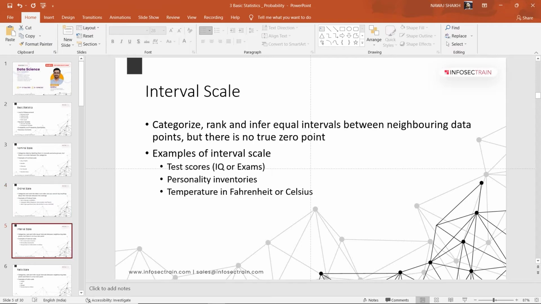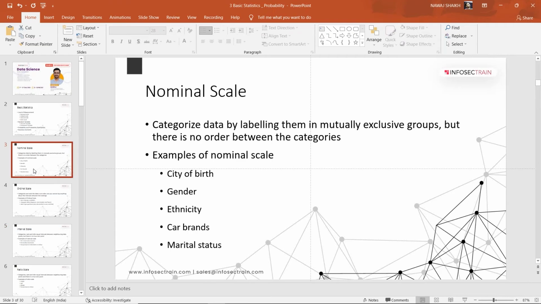Now the interval scale. In the interval scale, we can categorize, rank, and infer equal intervals between neighboring data points. But there is no true 0 point. In the previous two scales, in the nominal scale we just categorize or label the data.